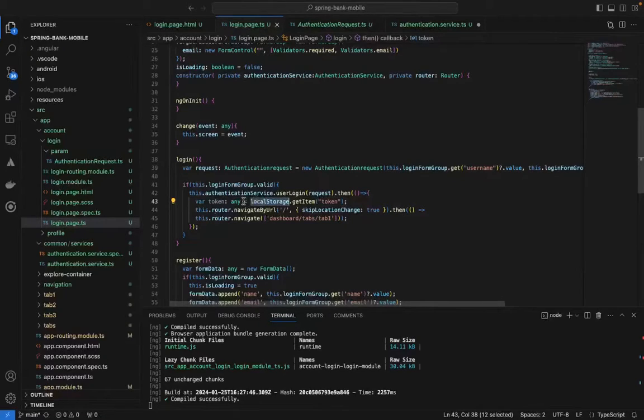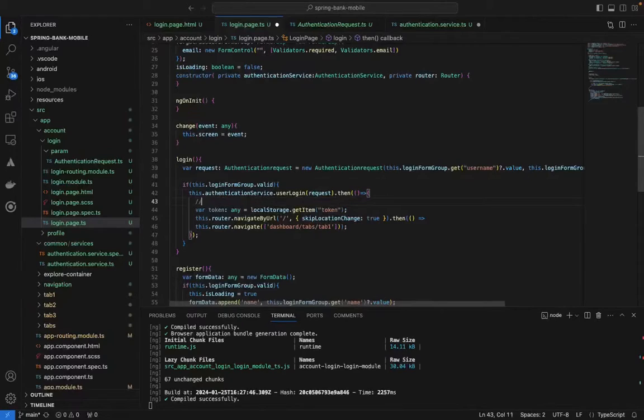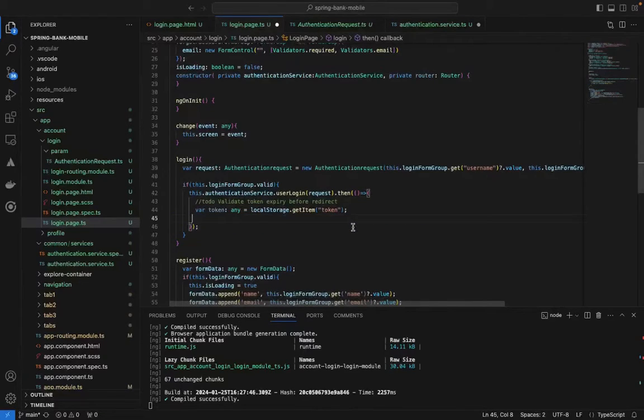So once you have the token, I needed to do something with the token, but I had to stop here. Once you get the token here, you want to make sure that you do have the token, and let me just do a to-do here. To-do: validate token expiry before redirect. So here you just get the token, and before you redirect, even though I just added that,